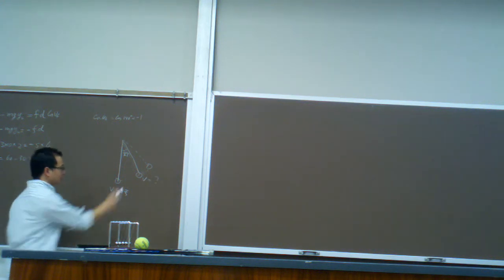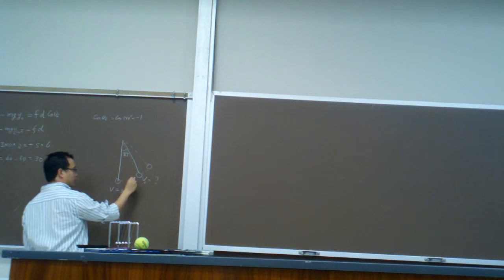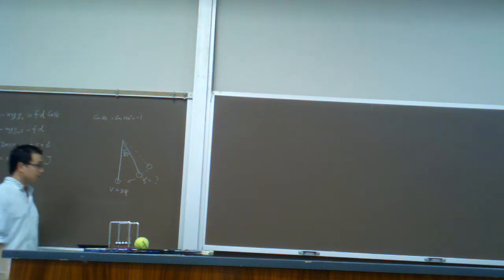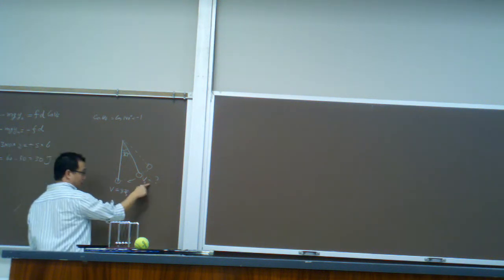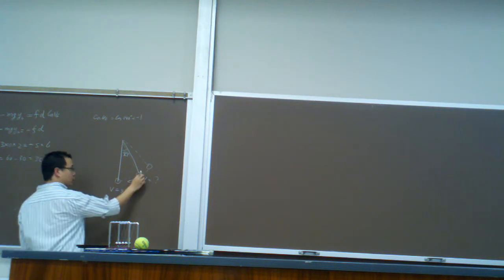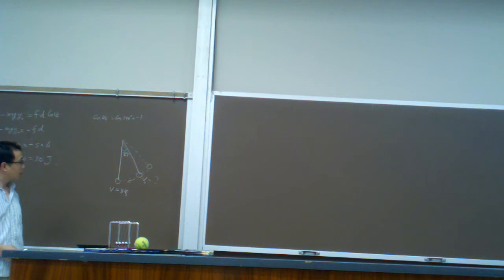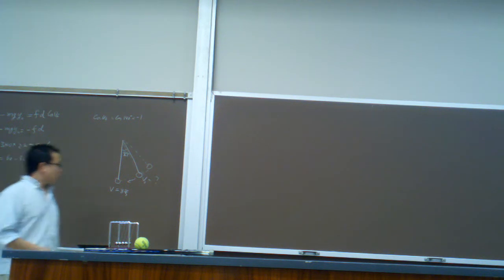If we consider this is our initial stage, this is our final stage. The motion is like this. So that means we want to calculate the initial velocity. So we consider the motion from here to here. So for this problem,